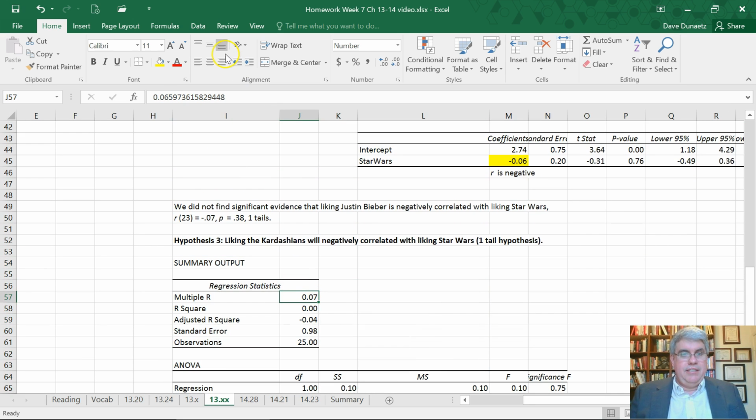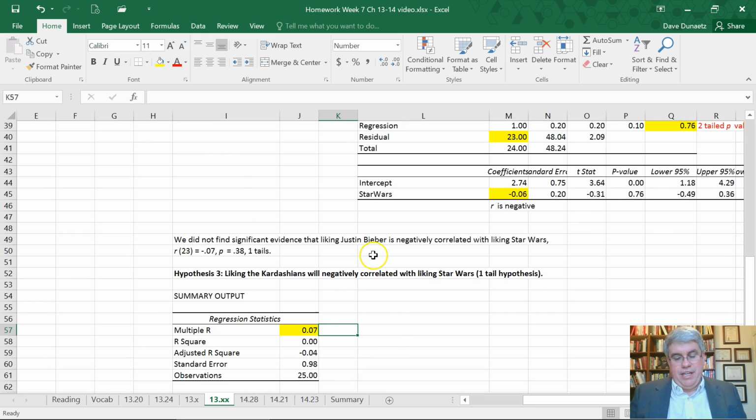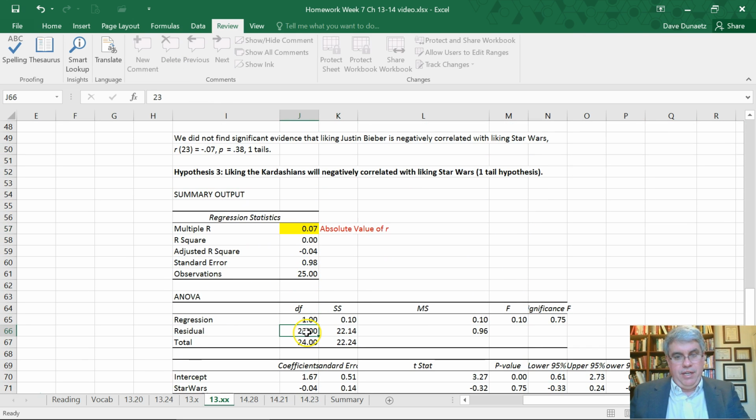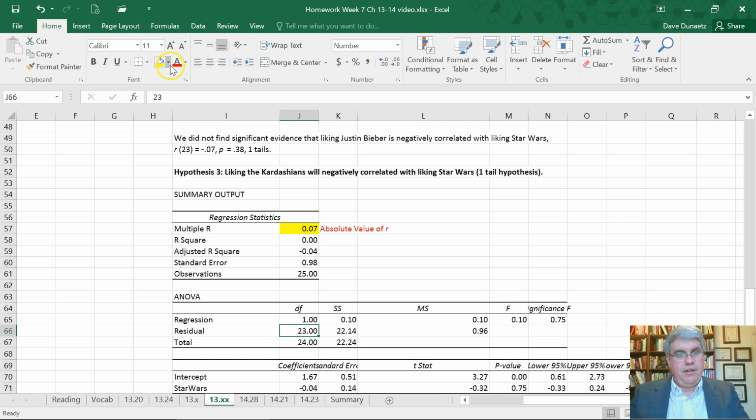And so we've got R. So this is the absolute value of R. It's still not very high. We've got the degrees of freedom are 23, and the p-value is 0.75. Let's get another decimal point, 0.754. So we can say that the one-tailed p